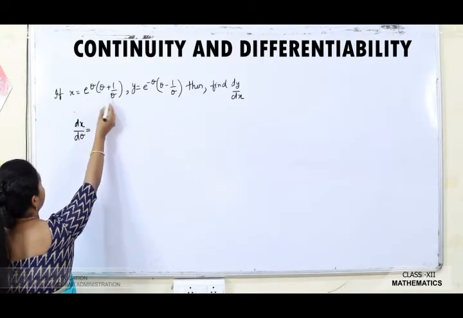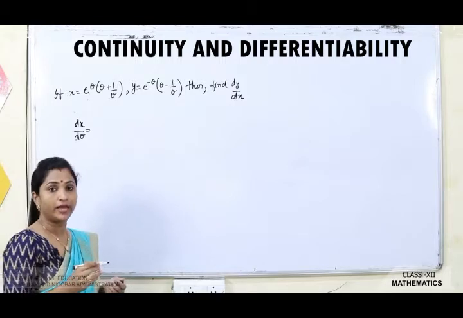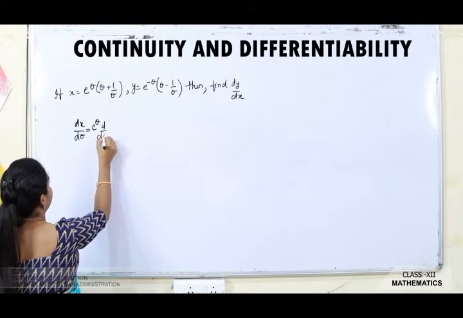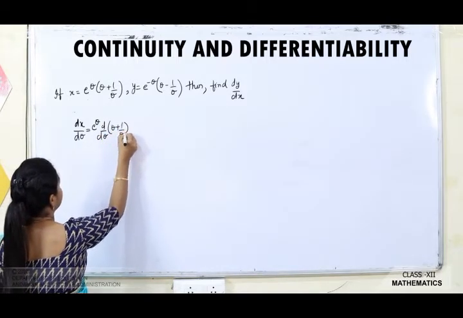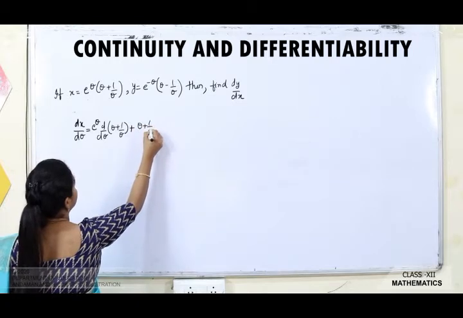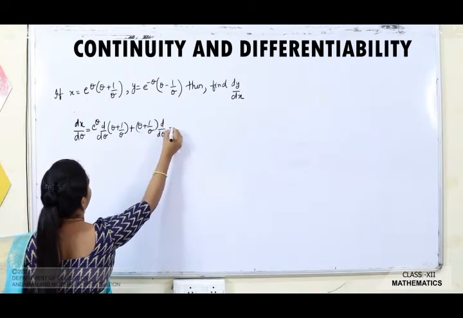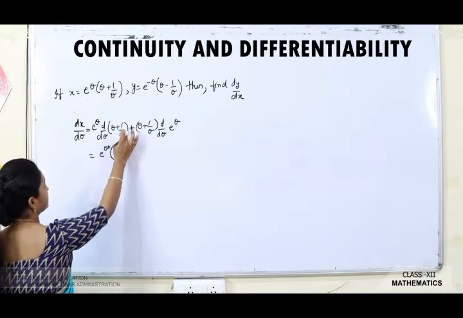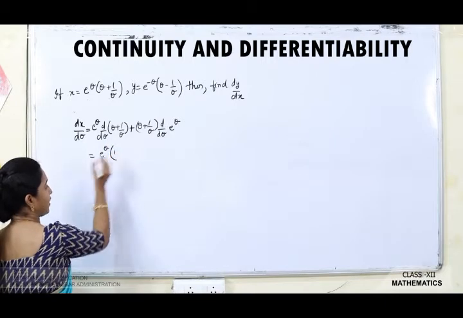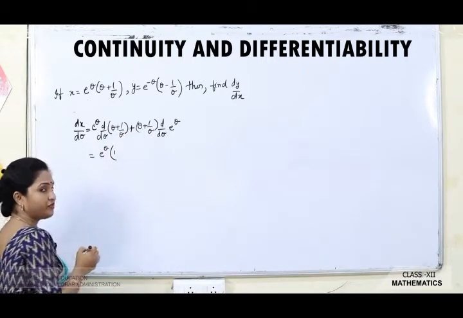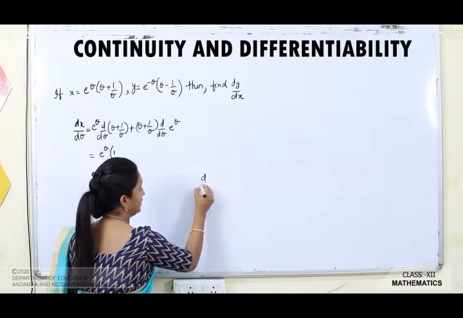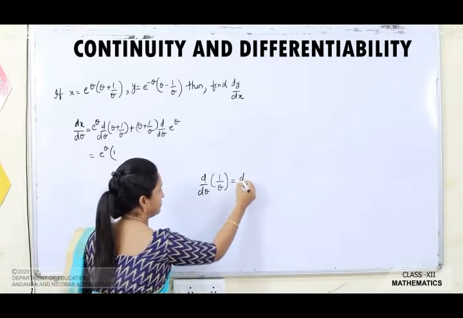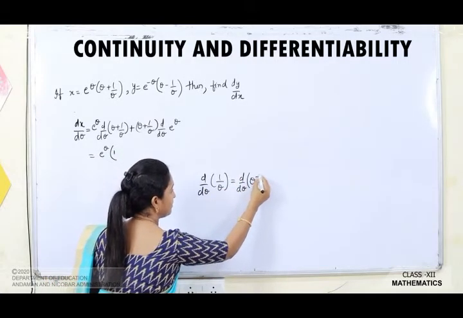So, this is the product of two functions. So, you have to apply product rule. When you apply product rule, first function into d by d theta of the second function, plus second function into d by d theta of e power theta. So, e power theta, when you differentiate theta plus 1 by theta, the differentiation of theta is 1, and 1 by theta, what is the differentiation of 1 by theta? See here, d by d theta of 1 by theta will be, this 1 by theta can be written as theta power minus 1.